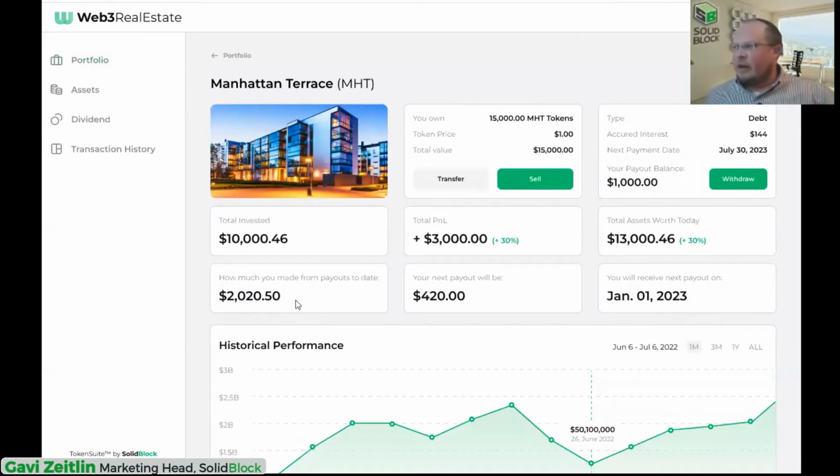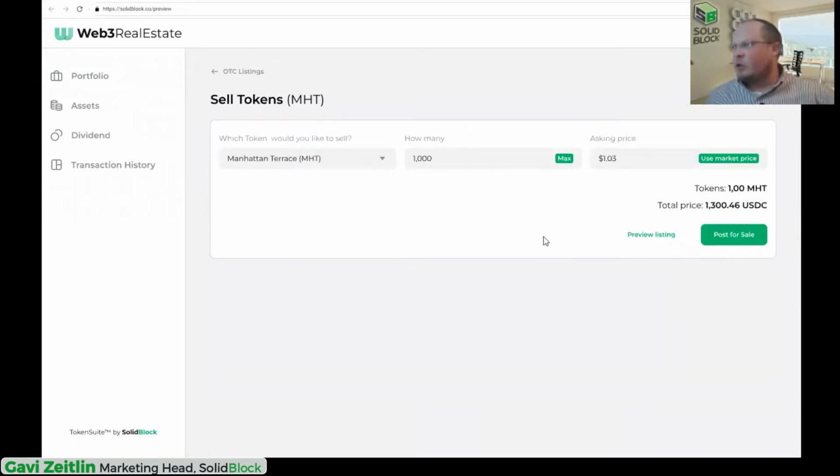So from here, they're able to dive in, they can see the asset, and they're able to get more information. But also, if they want to start selling, this is the real benefit for the investors, the liquidity component. They can take these and they can sell these components. And there's 2 ways they can do this.